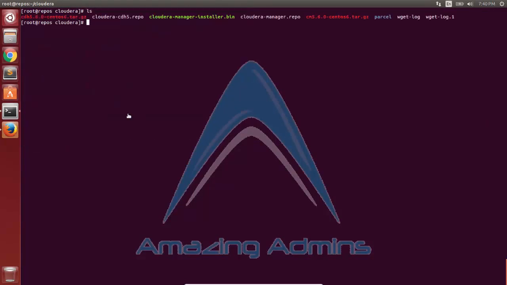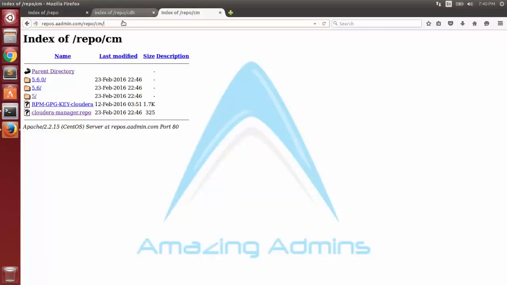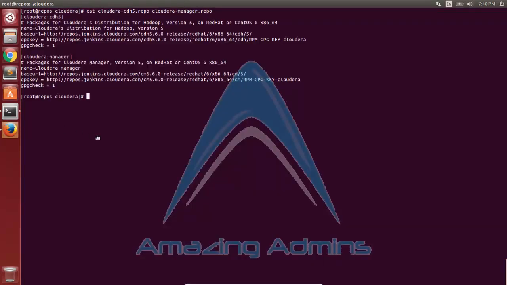See, both the repo files downloads are over. Now if you see, I have explored the .repo files, and you can see that the URL it is going to is something on the internet. So I'll replace it with my own repository server.